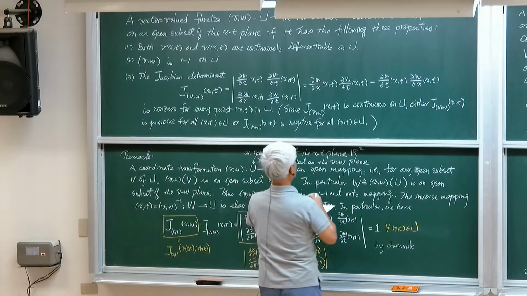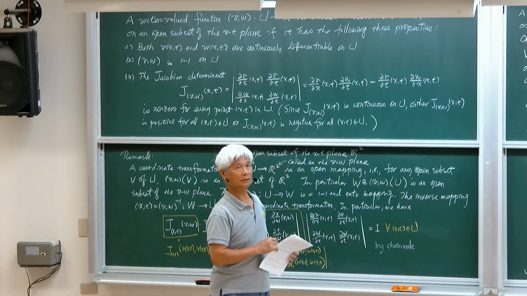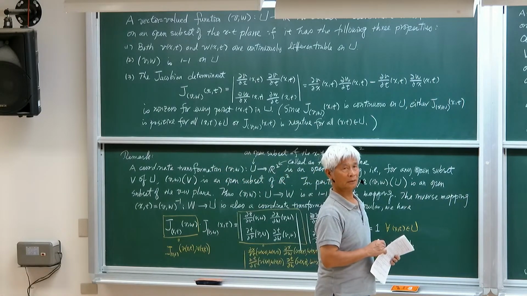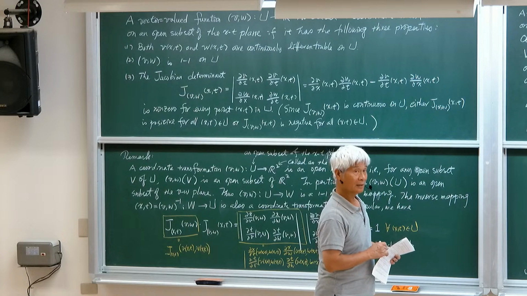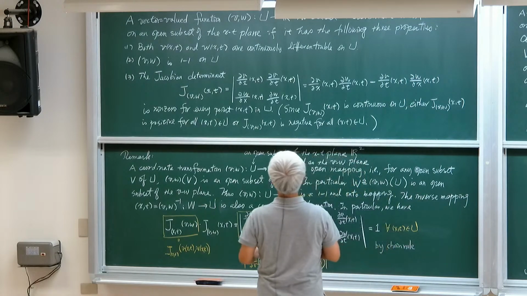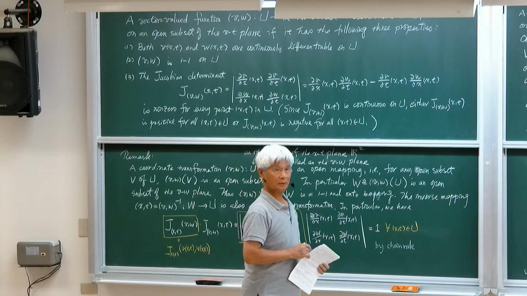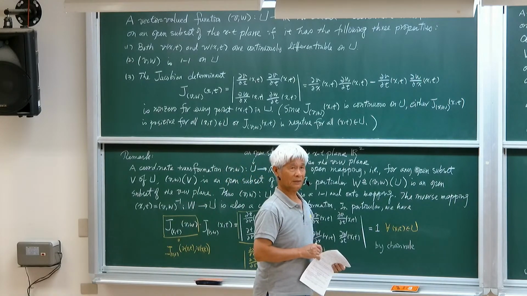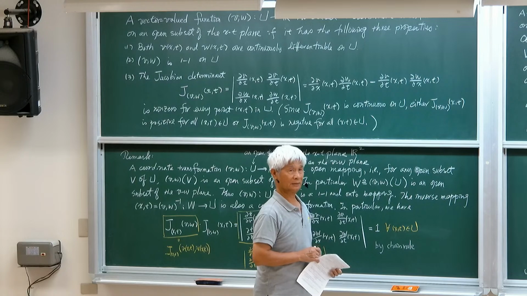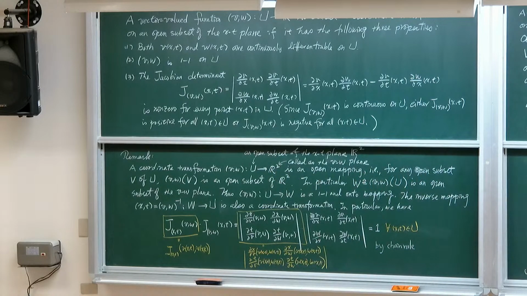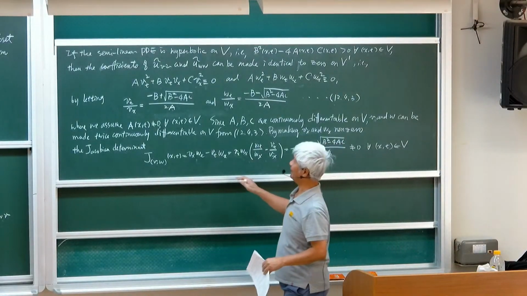I mean, if you want to assume certain values at some point, but they are just required to be continuously differentiable, not necessarily both zeros. We are now discussing the case that